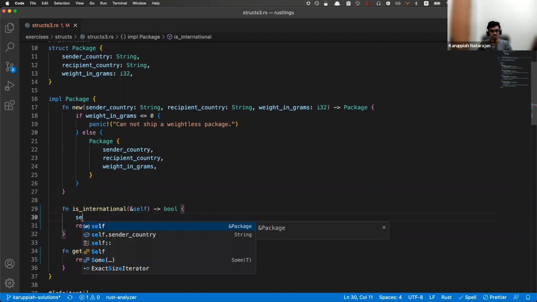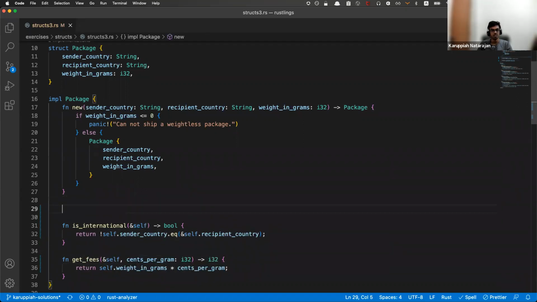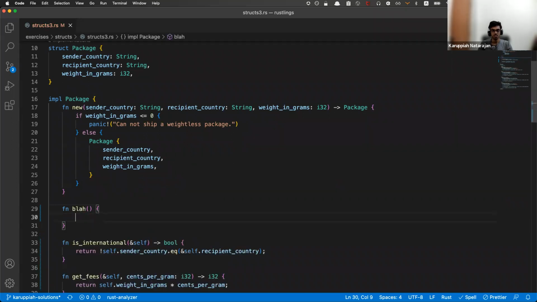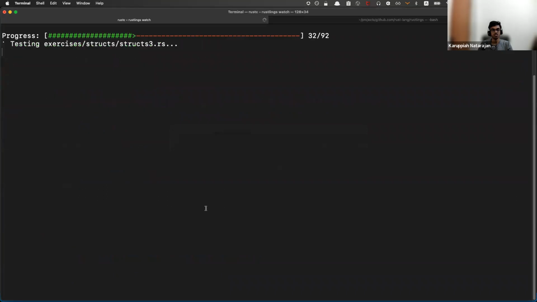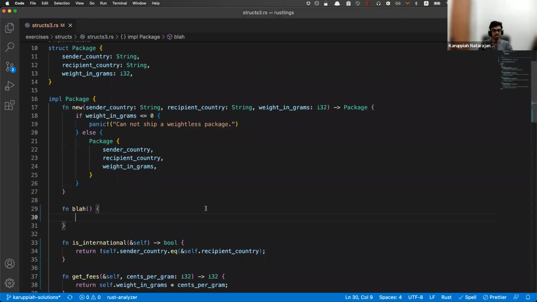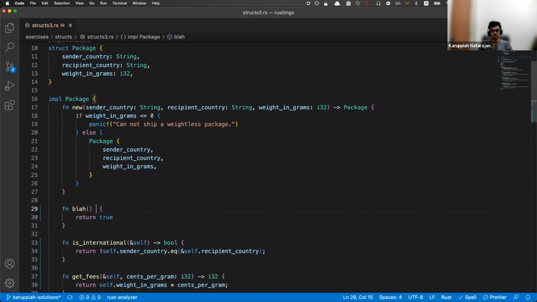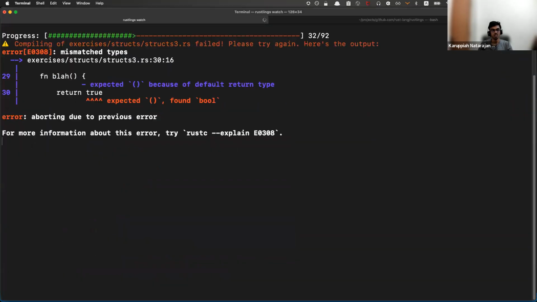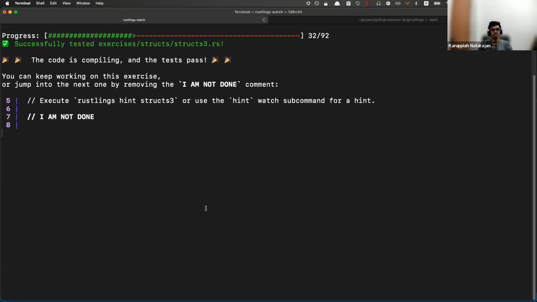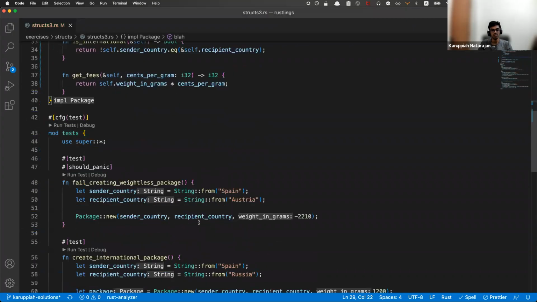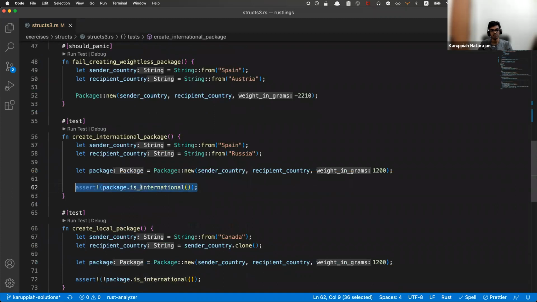I guess you type self, function blah. Can I have a function say blah like this? Will it still pass? Yep, it does. What's the difference then? Interesting. Return true. Still fail. Missing. Okay, so should say boolean, and then everything should pass. And then I'm going to actually put another assert here saying